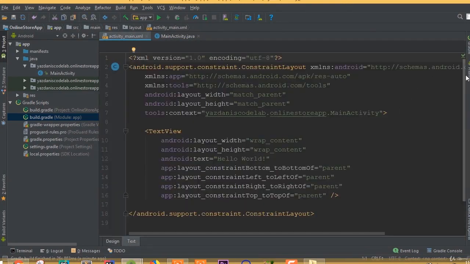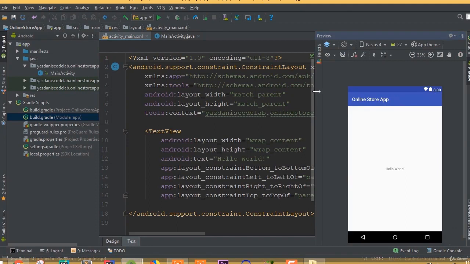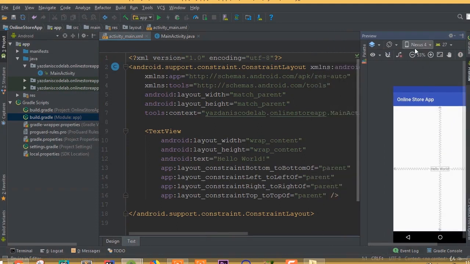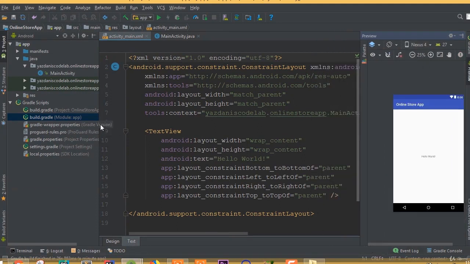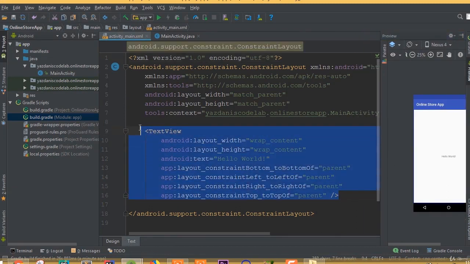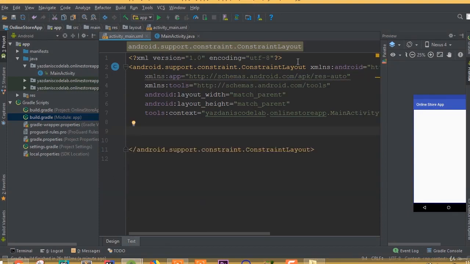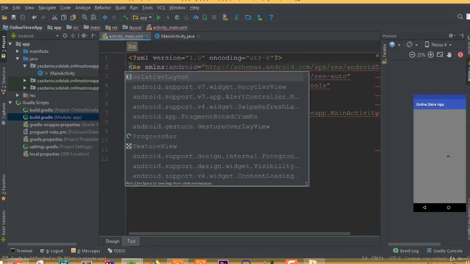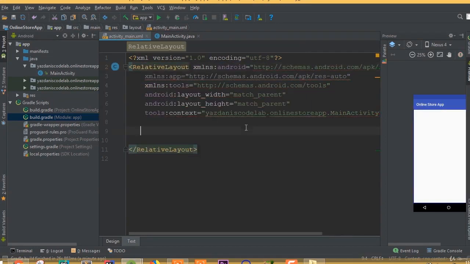Now go to this activity main and we need to add our bottom action bar. And now we need to design our main activity layout. We need to add a floating action. We need to add a bottom navigation bar. So remove this text view and remove this constraint layout. And we need to add a relative layout. And now we need to add